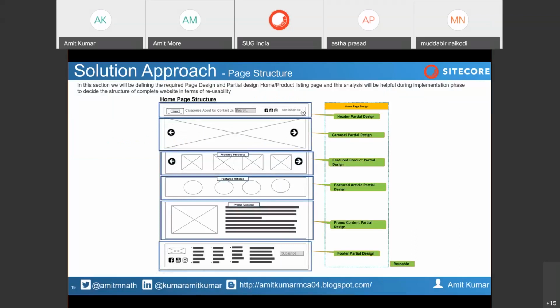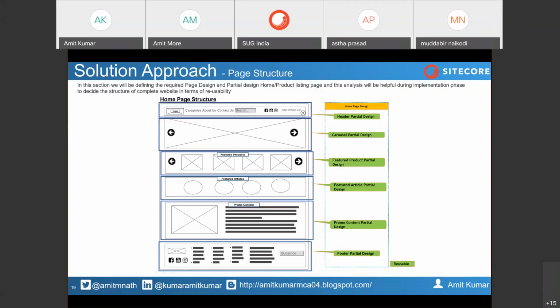If you have one component that is not going to be reused, then you can add that into the page itself. But if you need to create more than one page from that particular type of template, it's better to create a page design for that. If you see the home page design, here I am trying to depict a header partial design, carousel partial design, and feature product details design, because I can utilize these partial designs in any of the pages, and the carousel partial we can also use in many other pages wherever we require.